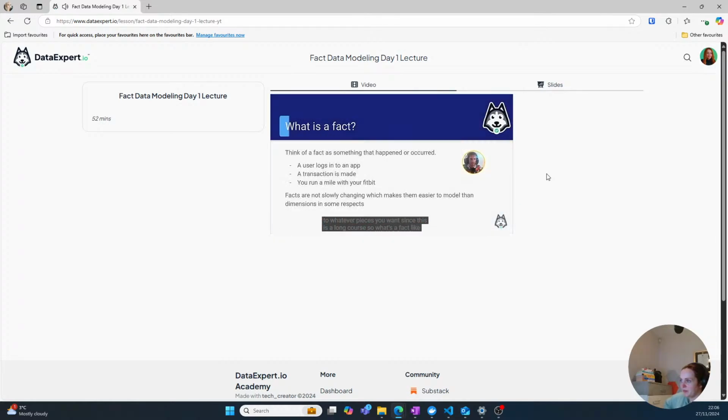So what's a fact? Most people think of a fact as truth, something that happened, something that occurred, some sort of evidence. You can think of an action, maybe a user logs into an app, you Venmo someone $30, you run a mile on your Fitbit. Even though technically running a mile is a little bit more dicey in terms of what is a fact,